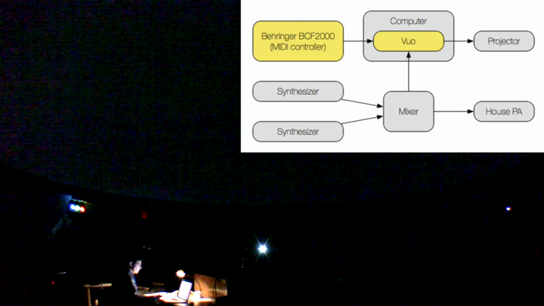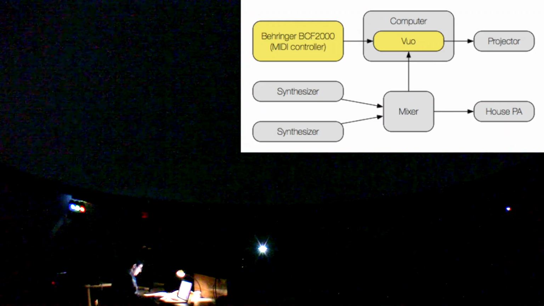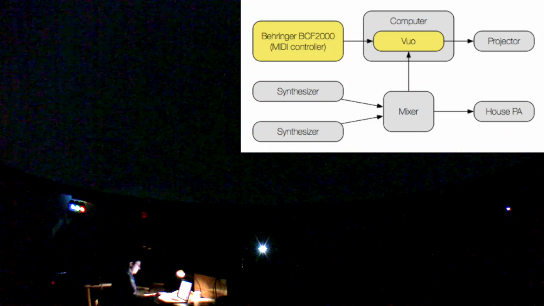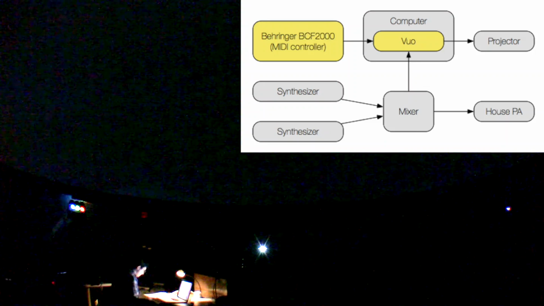For the video mixer, we used videos to put motion into the visuals. Remember, motion is very important for music visuals. So now we're going to get motion in a different way from the music audio. We'll feed the same audio signal that goes to the speakers into Vuo and use properties of the audio to control the videos, or to control the visuals.